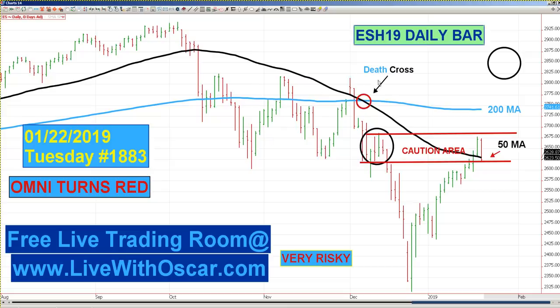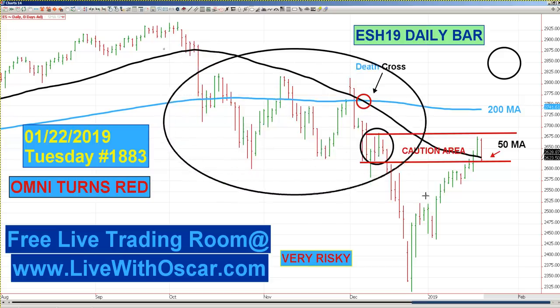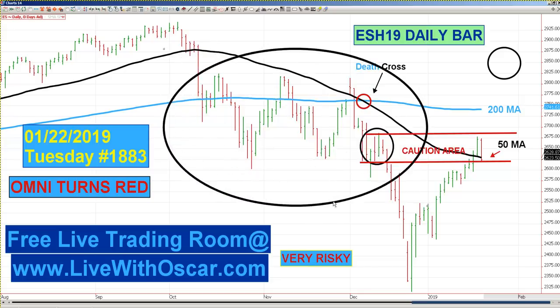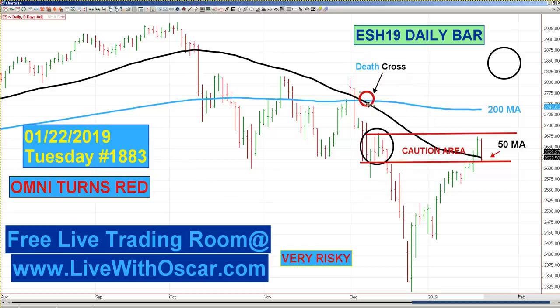Now remember, this all started with the death cross, and if you've been watching my videos, this was the right shoulder of a massive head and shoulders. So that started. Then we had the death cross. The 50 and the 200-bar moving averages crossed one another. Then we dumped right to an exact projection that OMNI gave us. I mean exact. 2315, 2316. The projection was 2315. We hit 2316 and a quarter and bounced. But we only bounced back to the caution area and we have stopped cold.